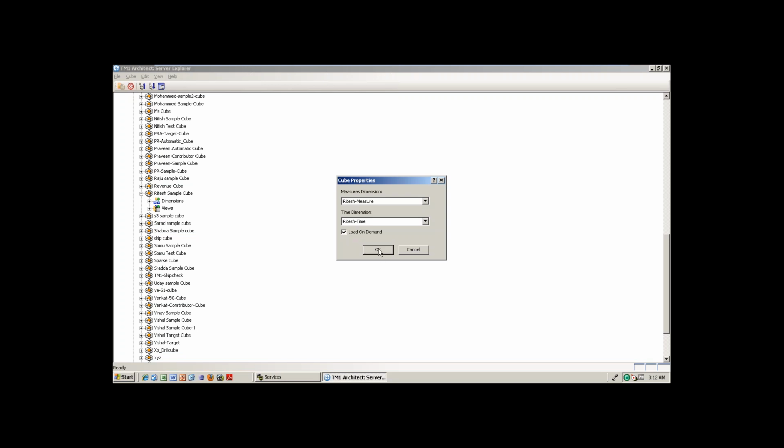No. First of all, if you click this load on demand and click OK, and the TM1 server is started, then it will work for the first time. That means it is not loaded into the TM1 memory. But the next time, it is automatically loaded, so it is loading once again into the TM1 memory. So it is actually working only one time. We thought this option was for all purposes, meaning every time it is unloaded, but it's not like that. Load on demand is not working as we expect.